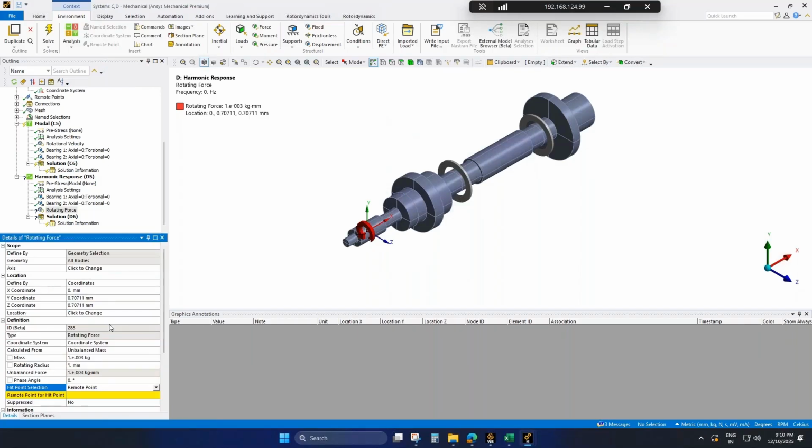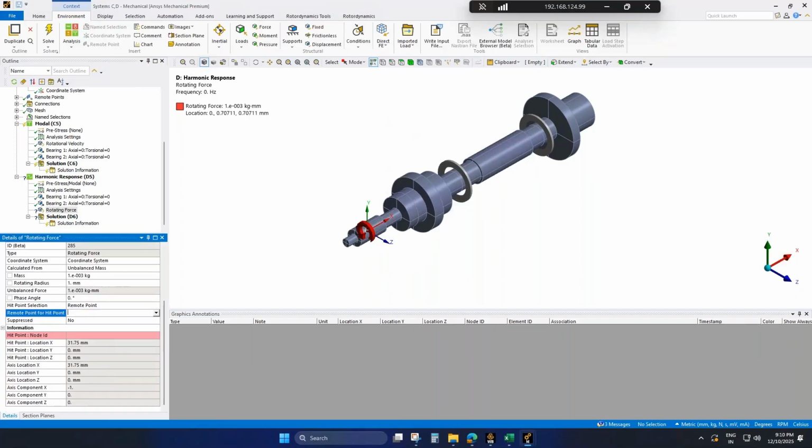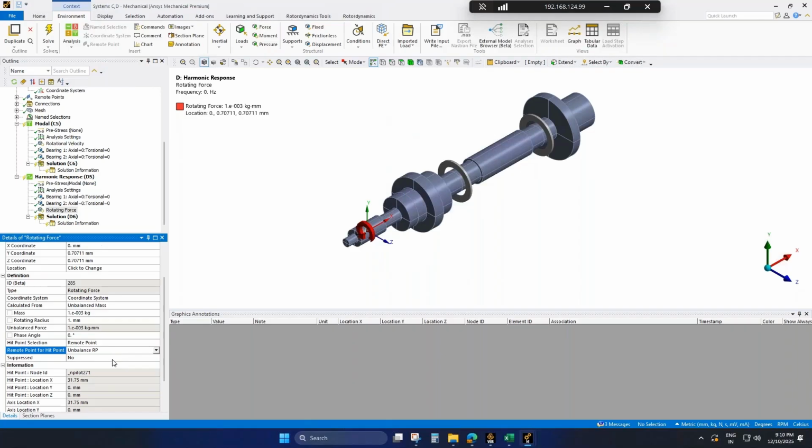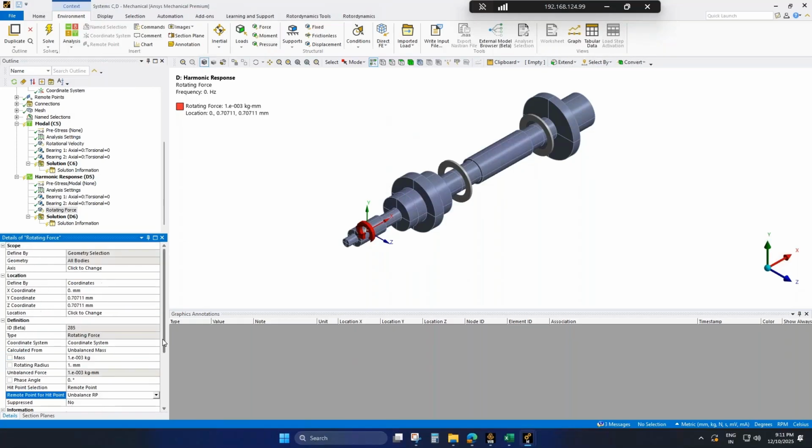I will choose the hit point selection as remote point, and use the previously selected unbalanced remote point location. If you have successfully created the hit point selection, you would see the hit point node ID here, or else you will see a red or orange light in this field.